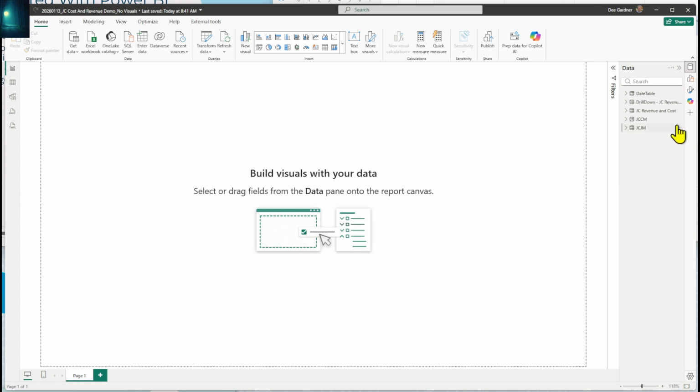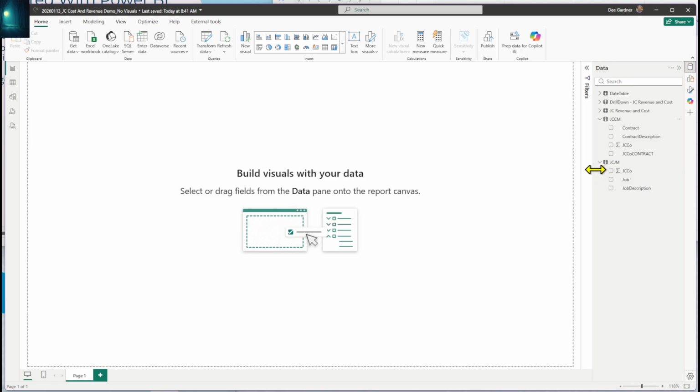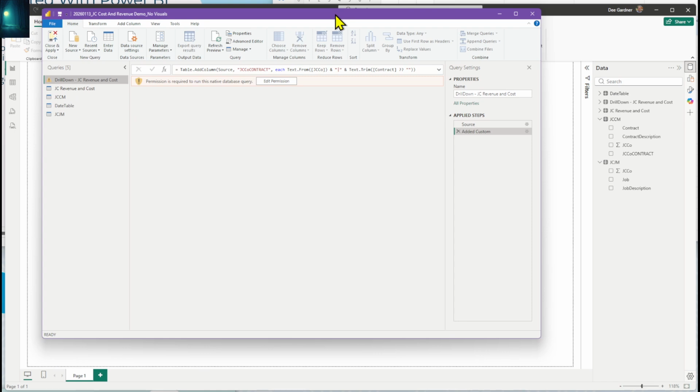Okay, so now that we've got the data coming in, let's take a look at this. So we need the JCCM, and we could also use the JCJM, and I am just going to use the JCJM as an example. So we can look at the transform data part. As we get the transform data to come up here,